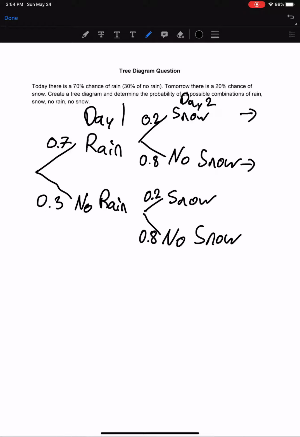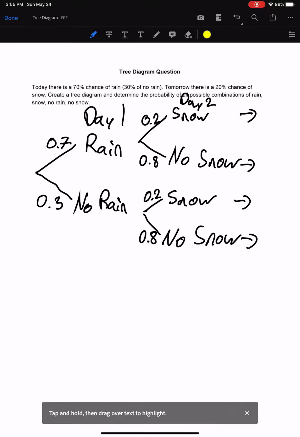And so what we could do is we can then find out our final probability of each, in a sense, final outcome. So we have 4 different final outcomes here. We have either it's going to rain, then snow; rain, then no snow; no rain, then snow; no rain, or no snow. So we have 4 possibilities. How we can figure out the probability of each of those outcomes is we can just basically start off,